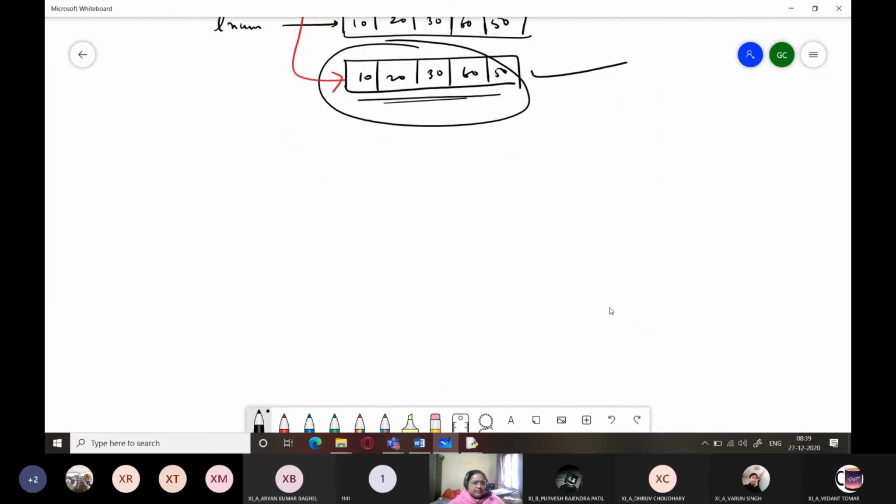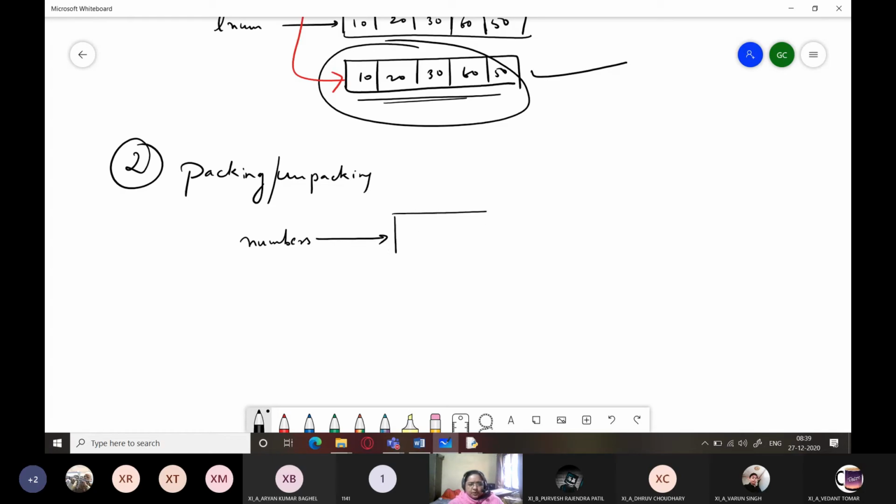Second way is using packing, unpacking. I have numbers. Already it has these values. Right?